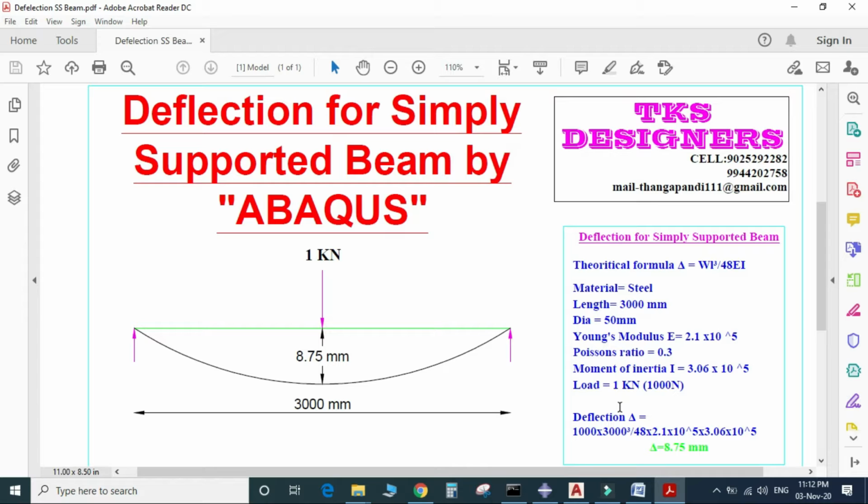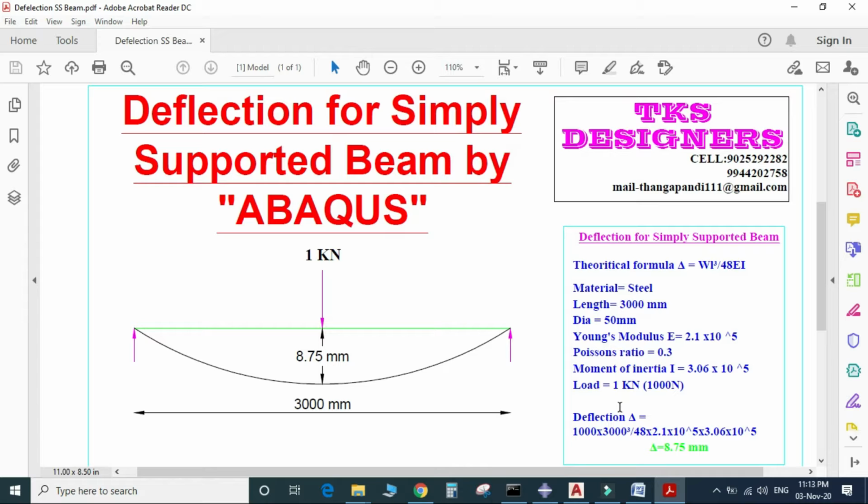And for the moment of inertia I, the theoretical formula for the circular rod is I equal to pi d power 4 divided by 64, where d is the diameter of the bar, equal to 50 mm.